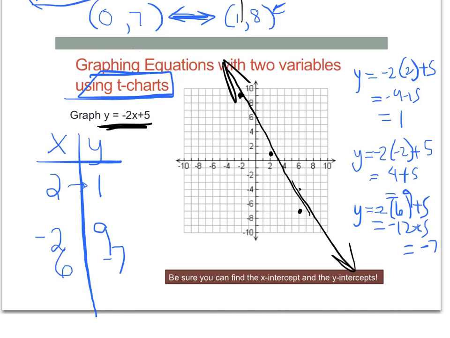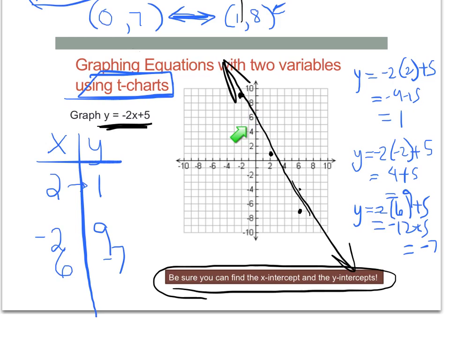Let's talk about one thing before we go on, and that's finding the x and y intercepts. Now, you can probably guess what x and y intercepts are. This point right here is your y-intercept. It's where your graph hits the y-axis, and this point down here is your x-intercept. And you'll very often be asked for the exact coordinates of those points. I can sort of guess. It looks like it's at 6, and it looks like it's maybe at 3, but you need to know exactly. And to do that, here's what you do.